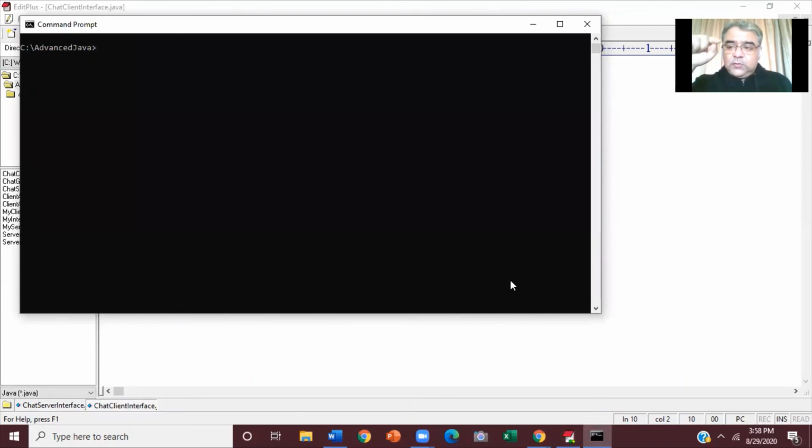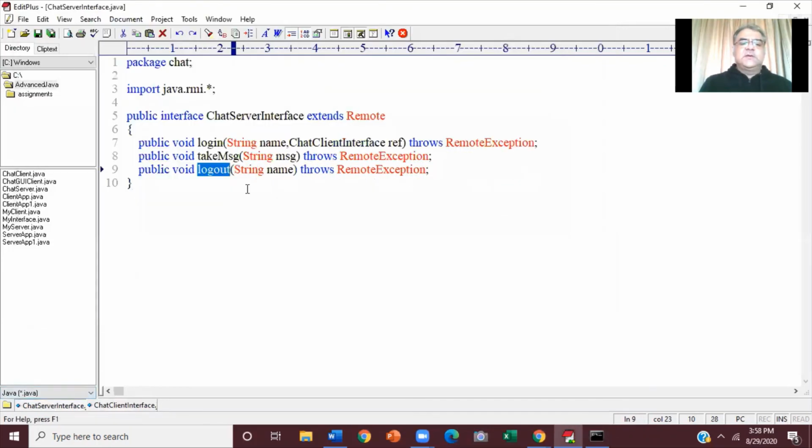First, we need to compile chat client interface. Why? Because in chat server interface, you are referring chat client interface. If you go to your chat server interface here, you are referring chat client interface. So first chat client interface needs to be compiled. Then only will this chat server interface get compiled.